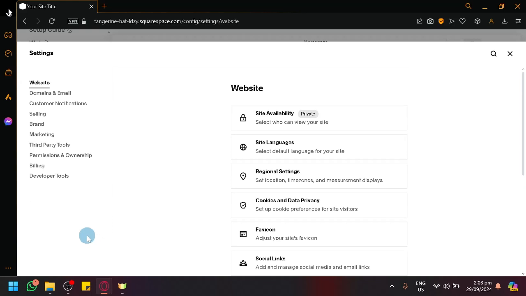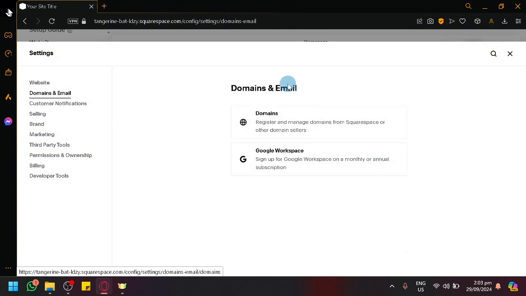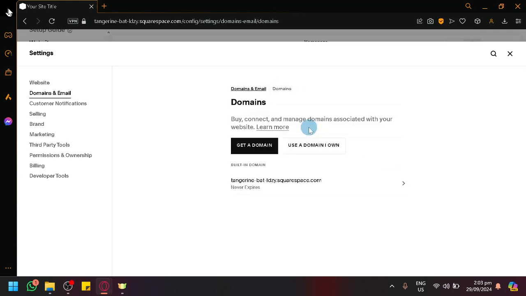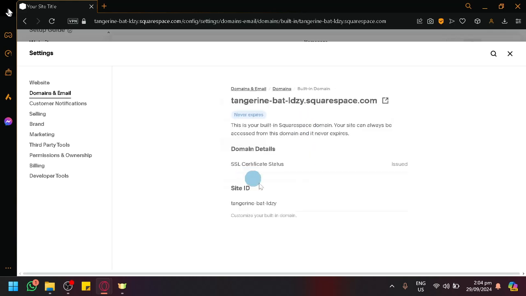On this page, you will be able to see different types of settings in relation to the website that you're trying to modify. We're going to be looking at domains and emails over here. As you can see, under domains and email, you have domains. This is where you will be able to register your own custom domain or change your subdomain, which is over here,